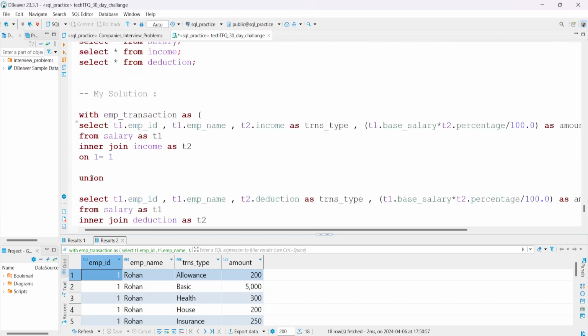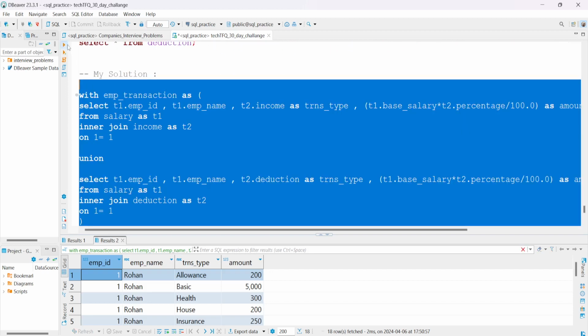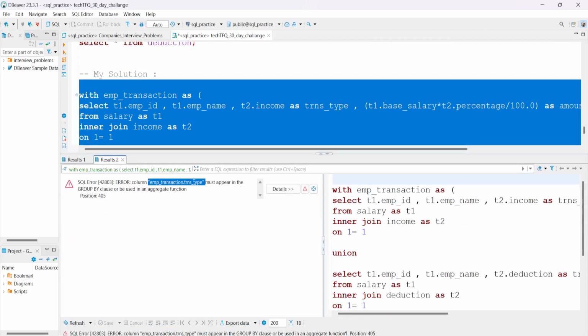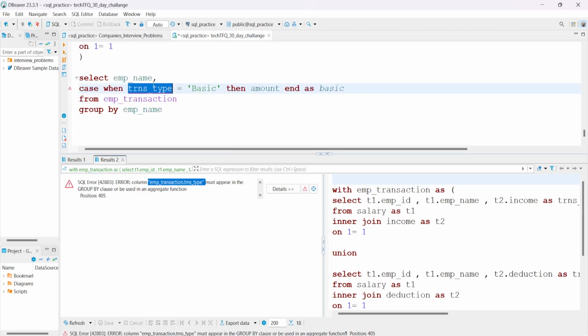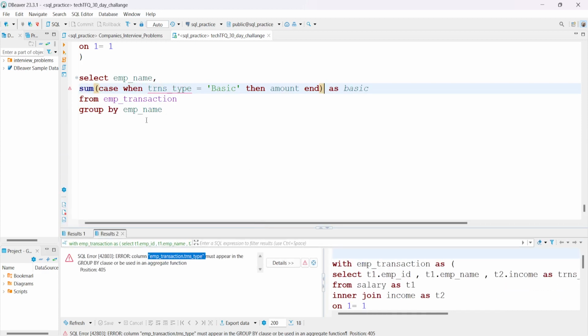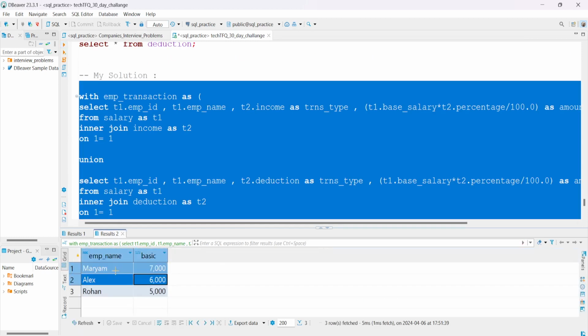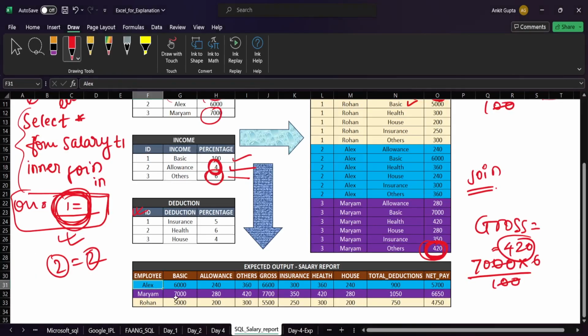Let me run this again. So if you see here, what is this error? This transaction type must appear in the group by clause or be used in an aggregate function, right? So here we cannot directly use the transaction type. Here we need to use some aggregate function. So let's use the sum only, because there is only one column, so that will not make any difference. Let's run this. Okay, now if you can see, we generated this first part, basically this much of the solution,